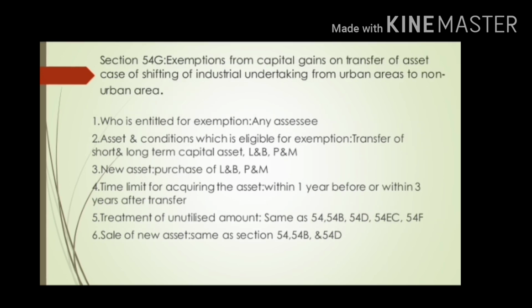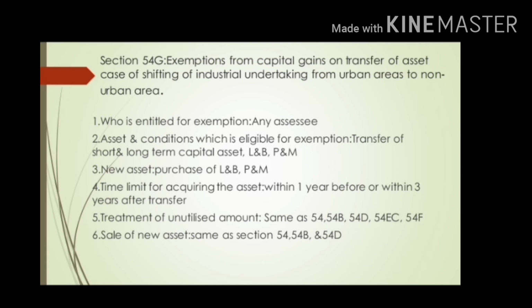Next section is section 54G, exemption from capital gains on transfer of asset in case of shifting of industrial undertaking from urban area to non-urban area. It is applicable to any assessee, means individual, HUF, company or a firm, and the asset and condition which is eligible for exemption or deduction. Here, transfer of long-term or short-term capital asset, and the condition is land and building, plant or machinery used for